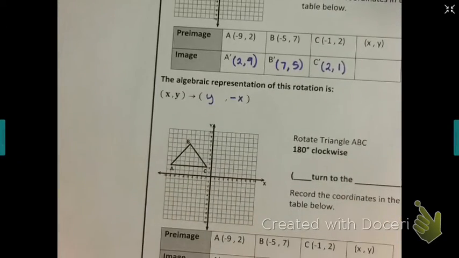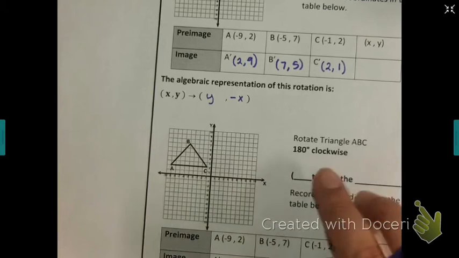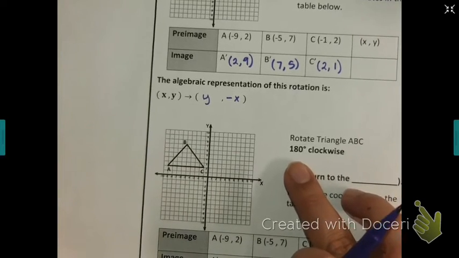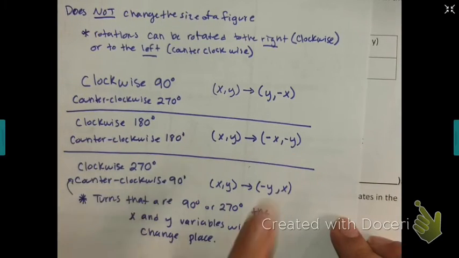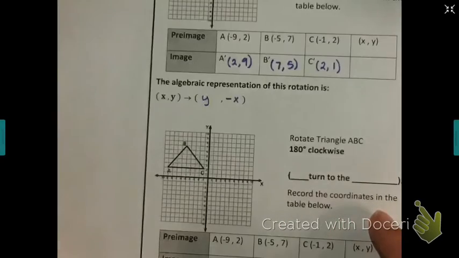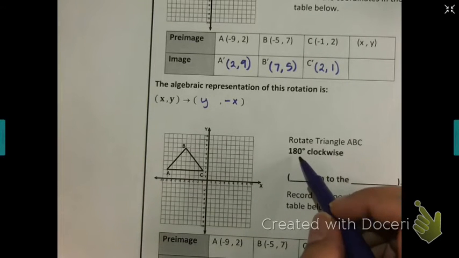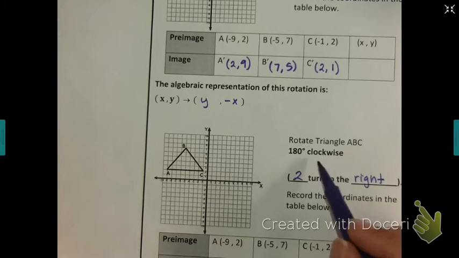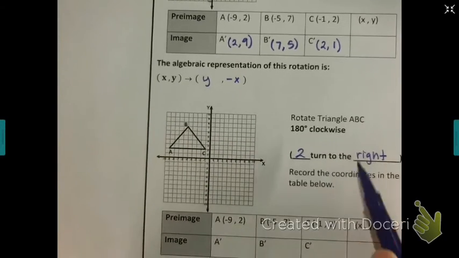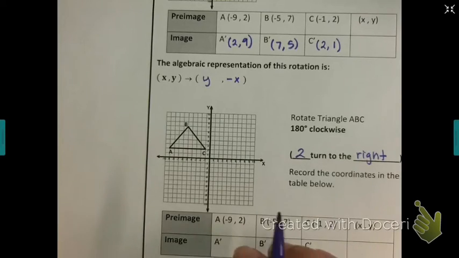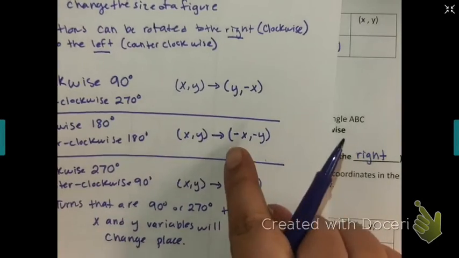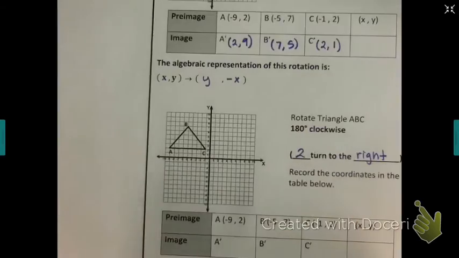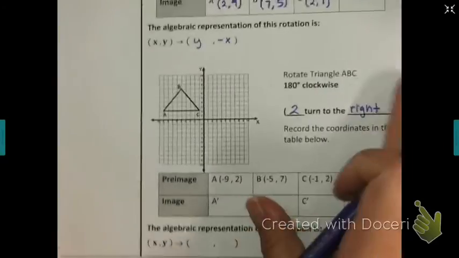Okay, now let's look. Rotate triangle ABC 180 degrees clockwise. So for 180 degrees clockwise, we just do -x, -y. 180 degrees is actually 2 turns to the right, right? Because 180 is 2 turns, and clockwise is to the right. And we know, because we have it in our information sheet, that we just need to do the opposite